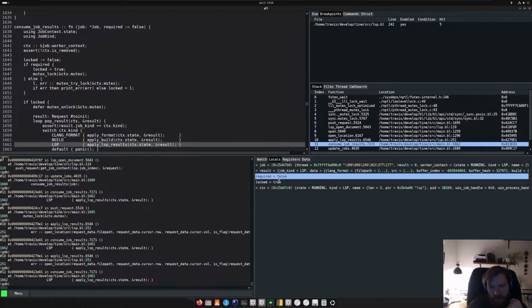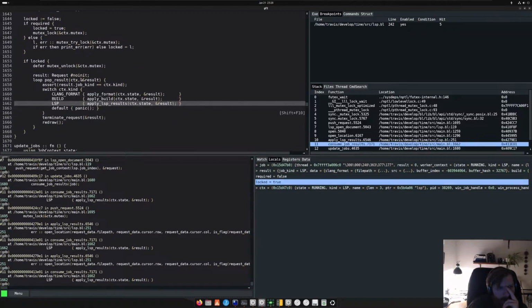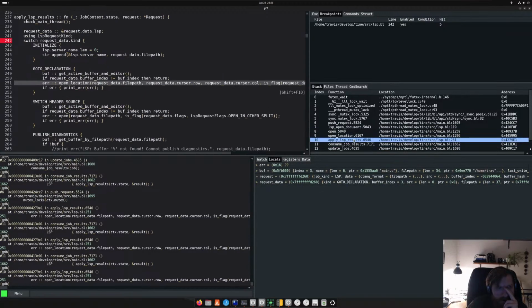Consume job results. Required is false. So it will try to lock the mutex. It will acquire it. And then when I apply the results,